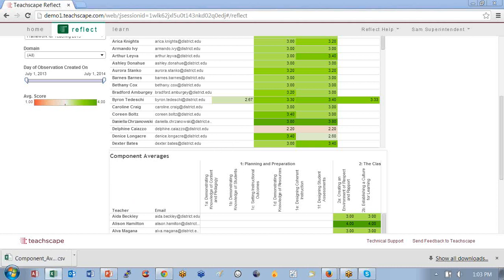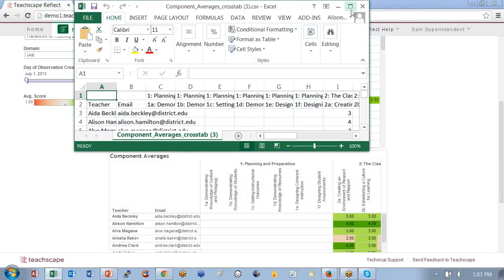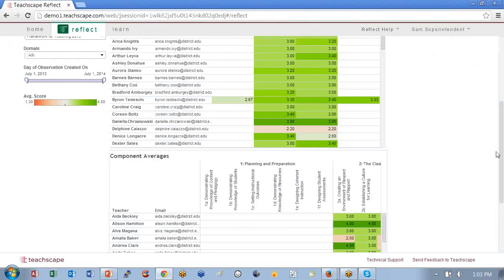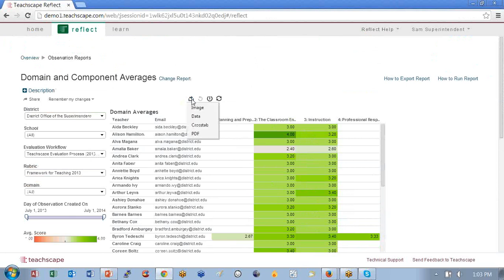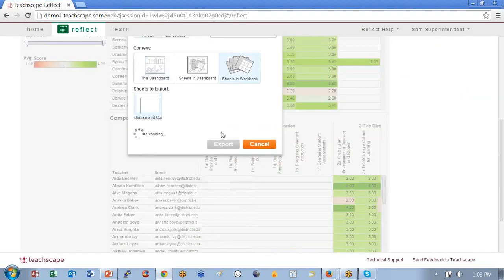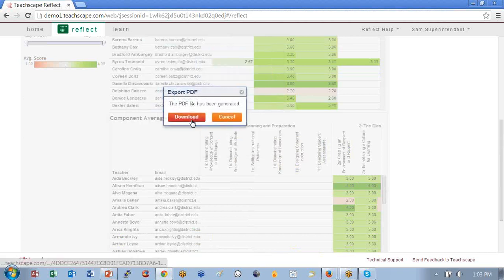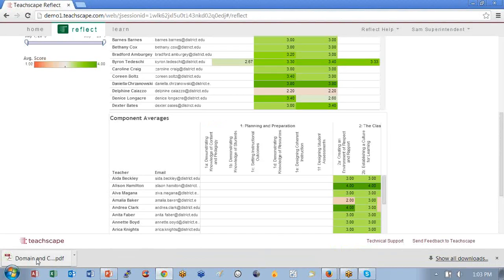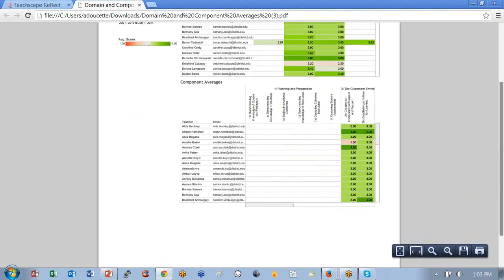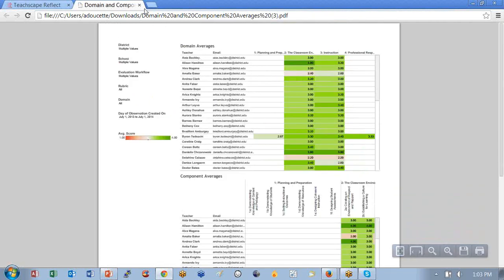You can drop it right into Excel, and you can see the scores for individual teachers broken out this way in case you wanted to do some particular sorting or mathematics on it. And you can also take that same report and export it as a PDF file, choose everything in there, and then export that. So if you wanted to use things for presentations, you can bring them in as a PDF file, and then you can cut and paste those into PowerPoint if you want to talk about them in some sort of all building or all district meeting.